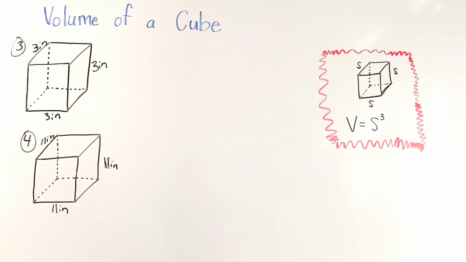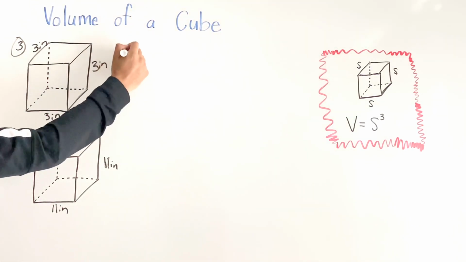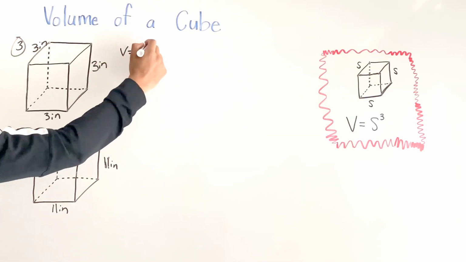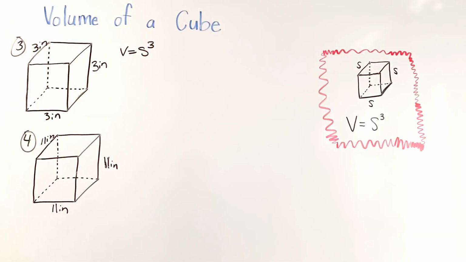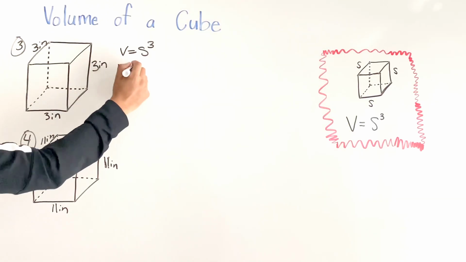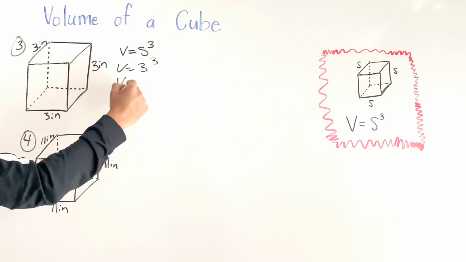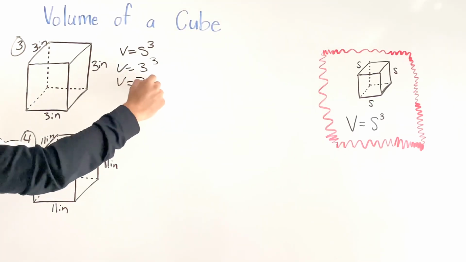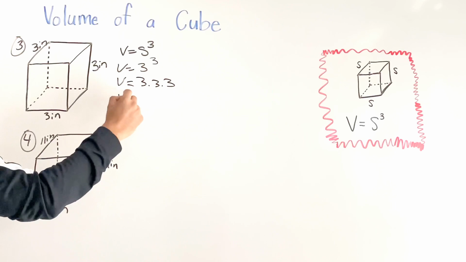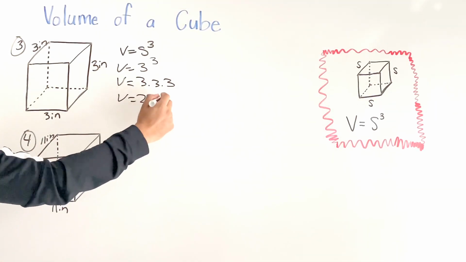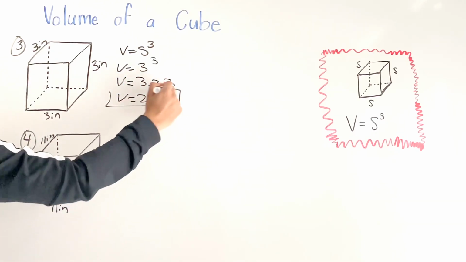So for number 3, we have the same thing. We always write the formula V. You don't have to write the formula, but I always tell you guys to write it so you know how to just plug in your number. So we have V equals S to the third power. In this case, our side is going to be 3. So I have V equals 3 to the third power, which we said on the other example is the same as 3 times 3 times 3. Once we multiply all that, we're going to get 27 inches cubed,